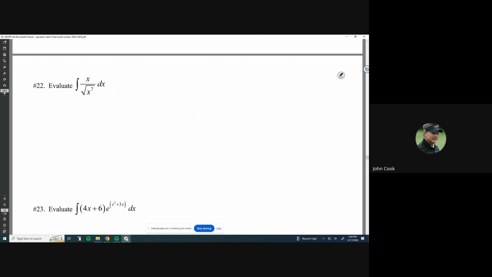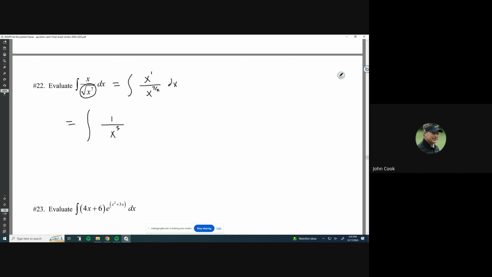So yeah, this looks like it's going to be a rational function, but in reality, I always train my kids to change any radicals into exponents. So this just becomes x over, and then the square root of x is x to the 1/2, and then to the 7th power means that it's x to the 7/2. And then you can kind of see what to do here. You can reduce this, right? Because this is x to the 1st. So if you take away an x from the top and the bottom, you'll end up with 1 over x